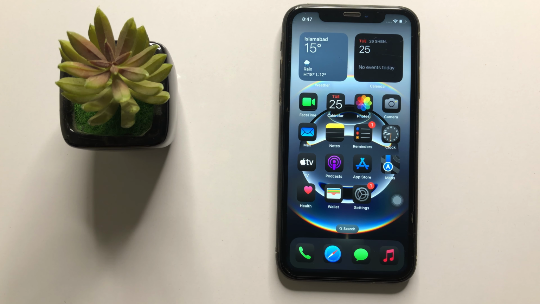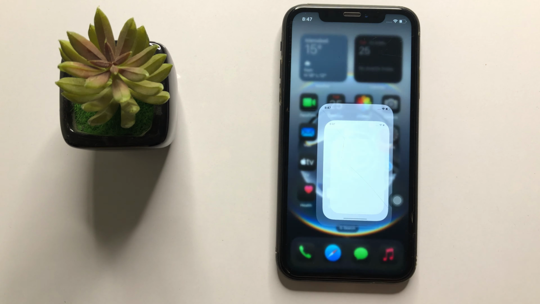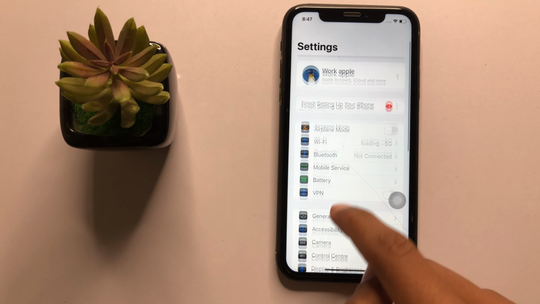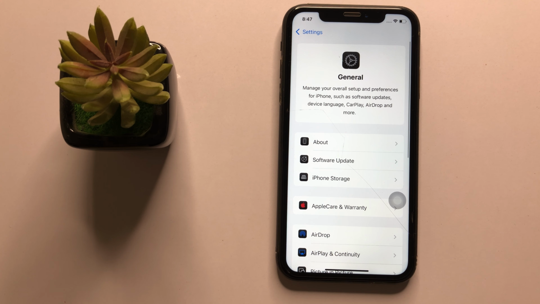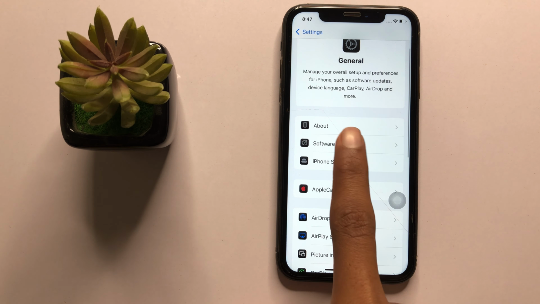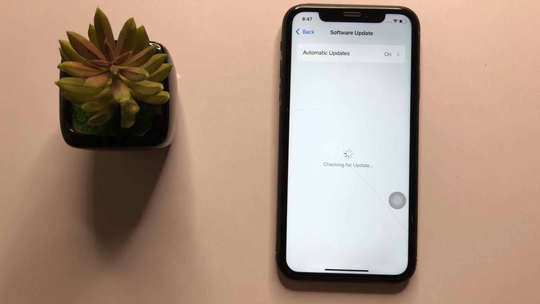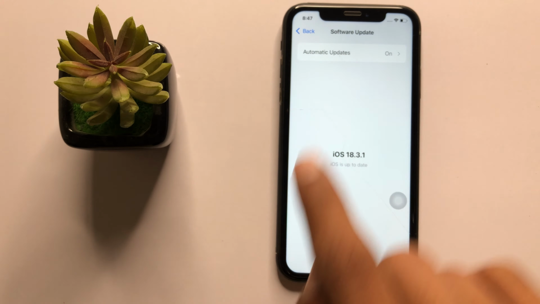If it doesn't fix your problem, then open settings, scroll down and click on general. Now click on software update, and here you can check whether your latest version will be updated or not. If it doesn't update to the latest version, then update it. After updating to the latest version, then go back